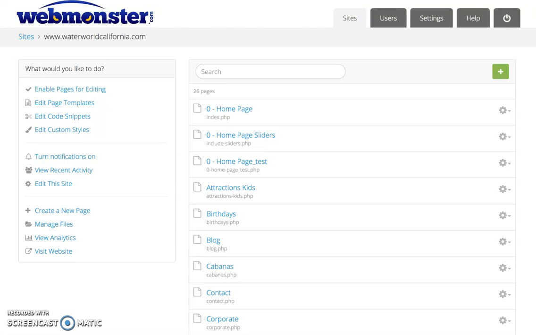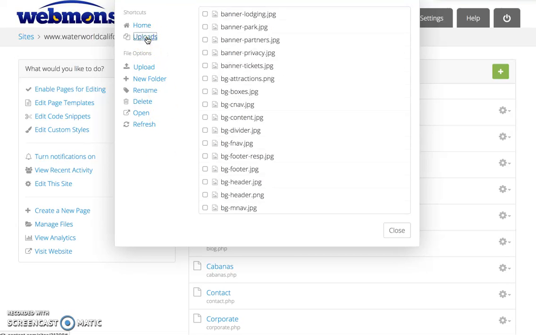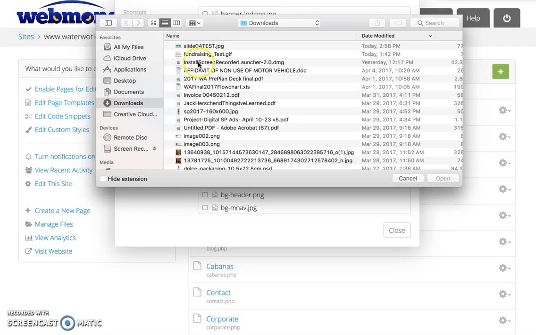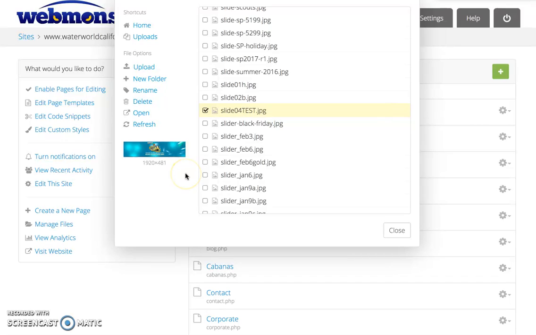All right. Now the first thing that we're going to have to do is upload the images that we're going to use as a slider from the list of pages. Now what we're going to do at this point, we're going to go down here and click Manage Files. Now from that point, we are going to click Uploads. Then from that point, we are going to click Upload. It's going to bring up your page. I have right here Slide04 test. I'm double clicking that, and then you're going to see that the image comes up here